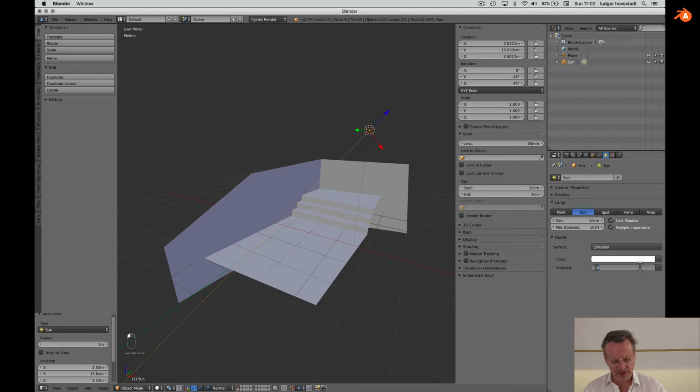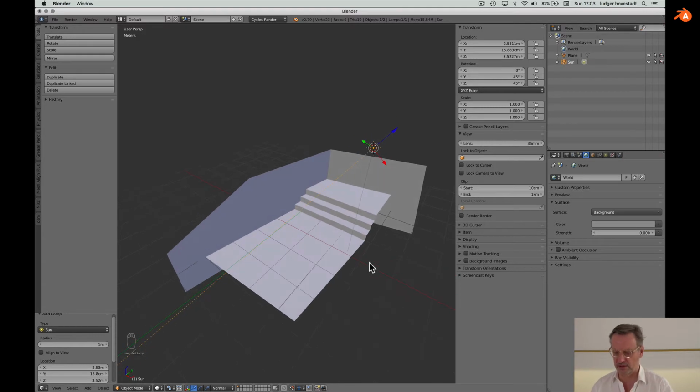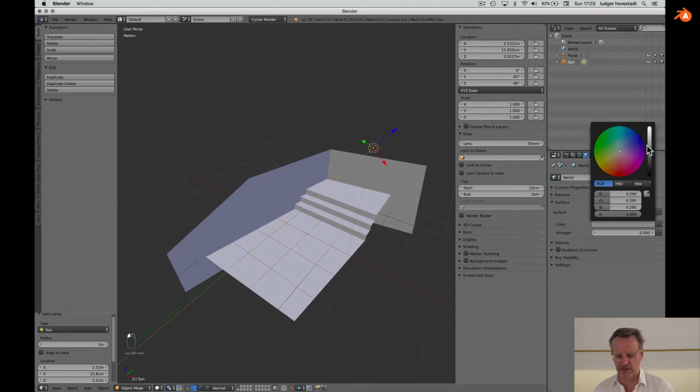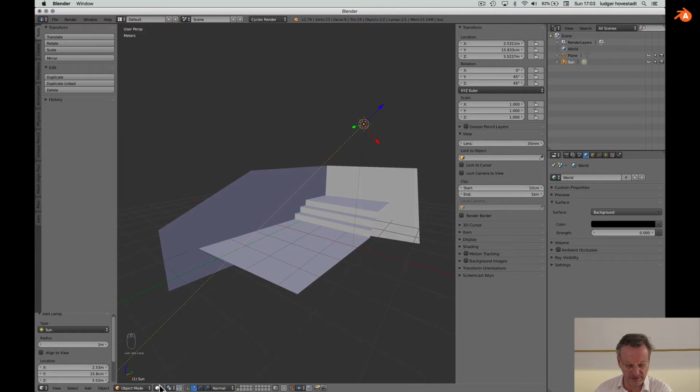Put it to 3, 0.5, and then the background, the world surface, put it to 0 and black. Good, and black. Good. Now if we are with rendering,